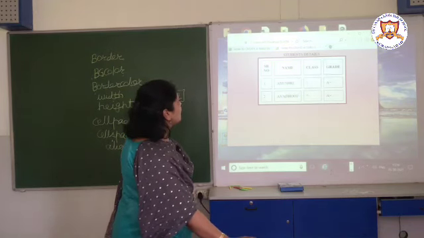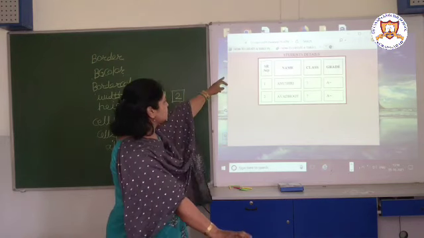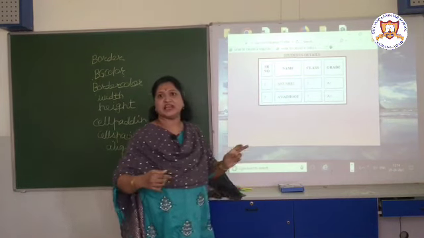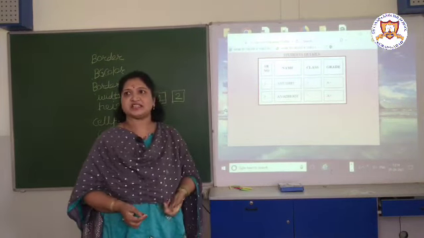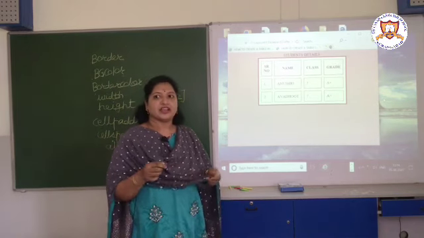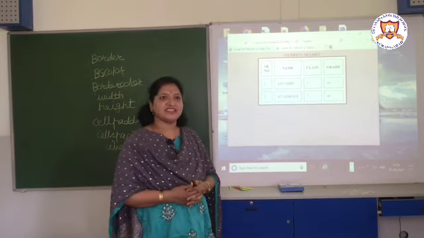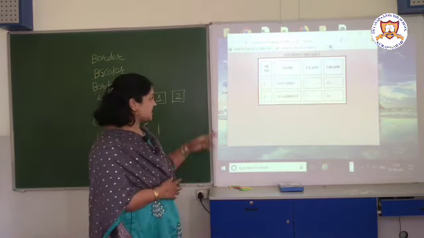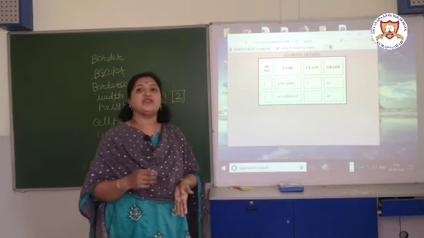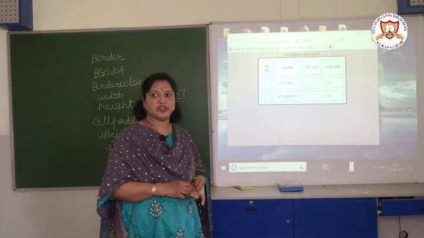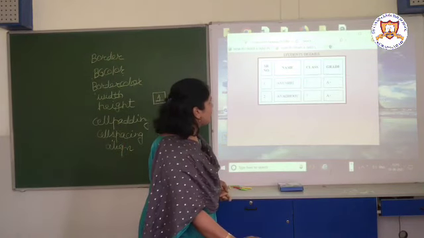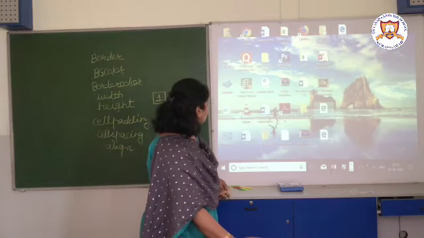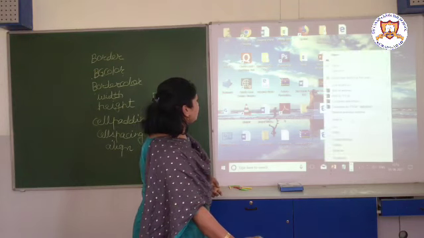If you want to see the code of this program, I will show it to you. So students, the caption is student details. Here in adjacent cells some distance is there. So why is that distance there? Who will tell me? That distance is because of the cell spacing. Yes, cell spacing creates the distance, and using the cell padding we can decide the distance between the content and the cell edge. Okay, I hope you have all understood this program. If you are having any doubts, you can ask me.